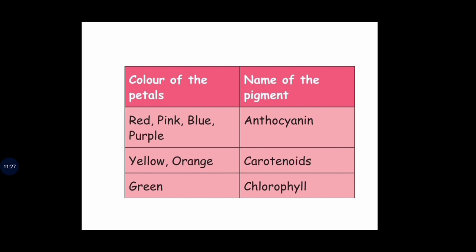Anthocyanin is a pigment which gives red, pink, blue, purple colors to the flowers. We all know that most flowers like roses, pink rose, red rose and lilies are